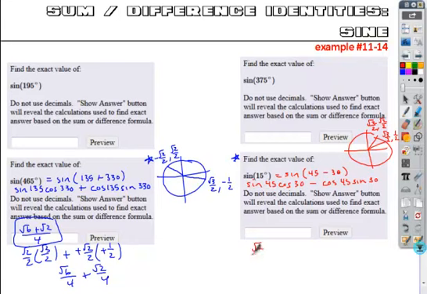So the sine is root 2 over 2. The cosine of 30 degrees, root 3 over 2. The sign in between is a negative. Cosine of 45 is root 2 over 2. Sine of 30 is 1/2. Calculate what I got here: root 6 over 4 minus root 2 over 4. And that gives me my